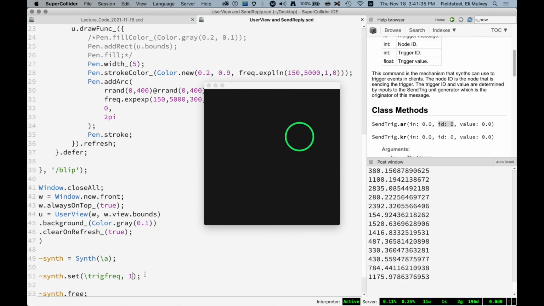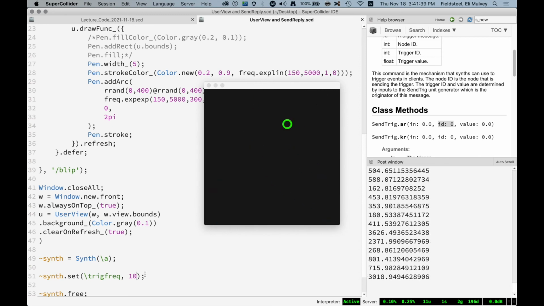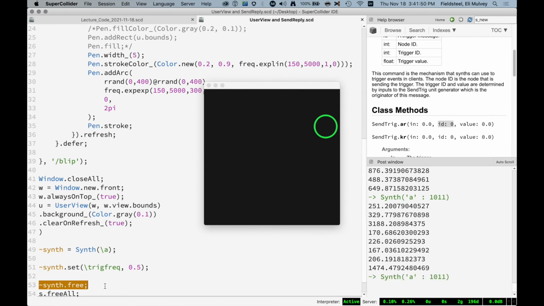We can change the frequency, just update a synthesis parameter. Very sparse, right? And then similar to that,